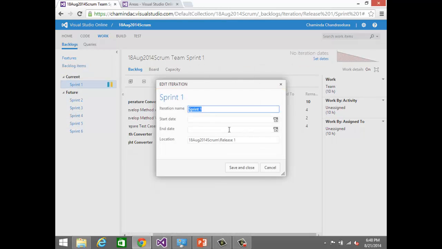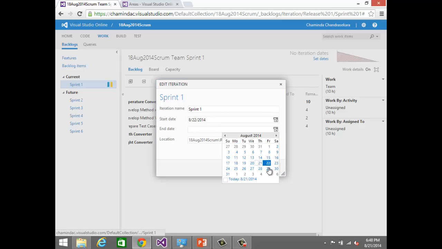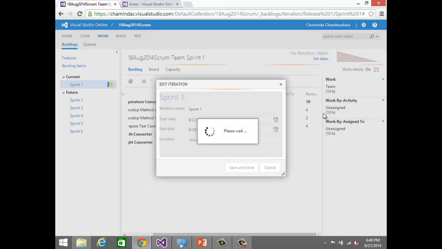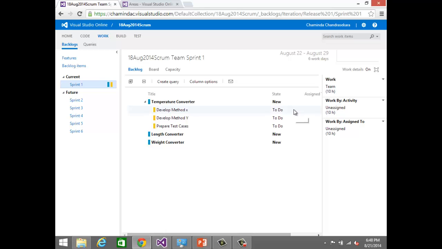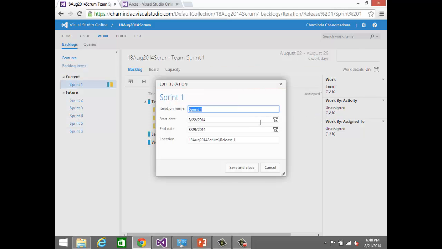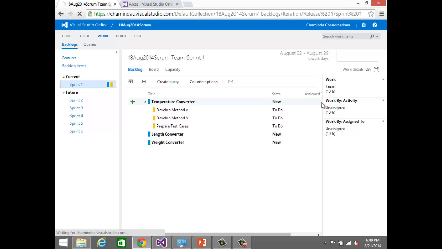Okay, we will set some dates here. Just since we are planning, we will say we are starting the sprint from tomorrow and ending next week, right? So we have a 1 week sprint, right? Okay. Now we don't see anything here. Why? Because we have set it as starting today. So if you want to see something, what can we do? We have to set it as maybe a little bit of a quick